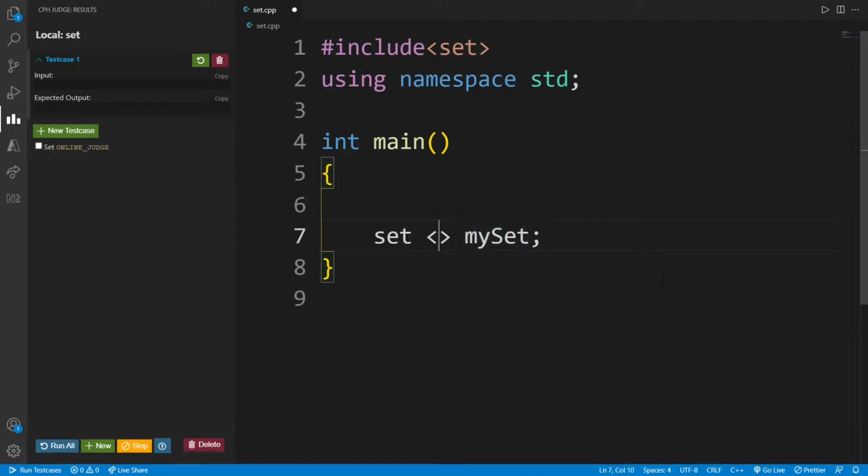Now here in the angular braces we define the data type of the objects we want to store. So let's go for int. We can also create a string, long, double, whichever data type we want to contain in our set, we will write here. Now the set is created